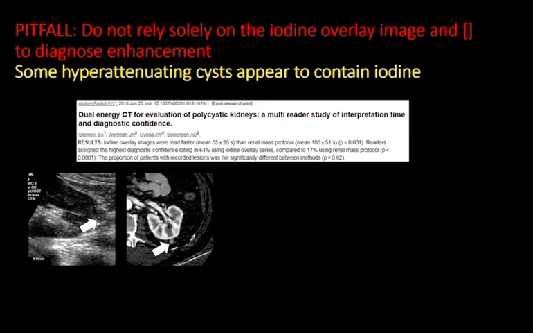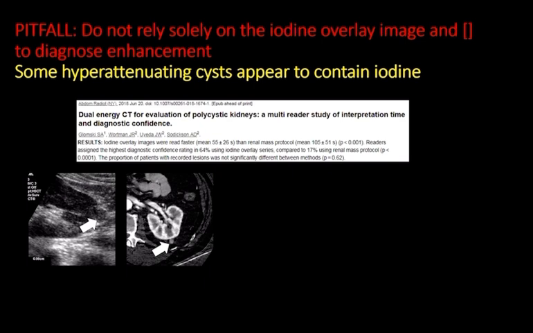One pitfall with dual energy CT is to not rely exclusively on the iodine overlay image to diagnose enhancement, because some hyperattenuating cysts may appear to contain iodine on the iodine overlay image. We can see here there is a patient who underwent an ultrasound showing an indeterminate nodule in the interpolar region of the left kidney. The patient underwent a dual energy CT renal mass protocol, and I've provided the iodine overlay